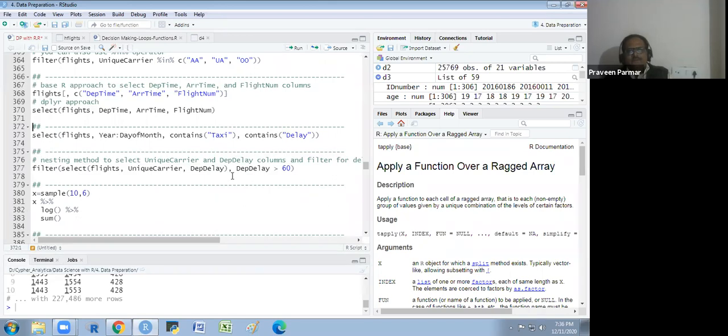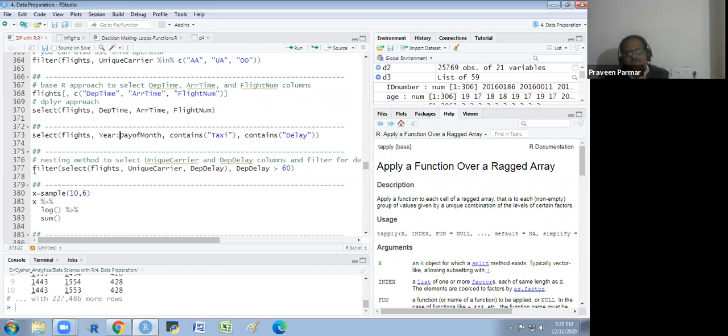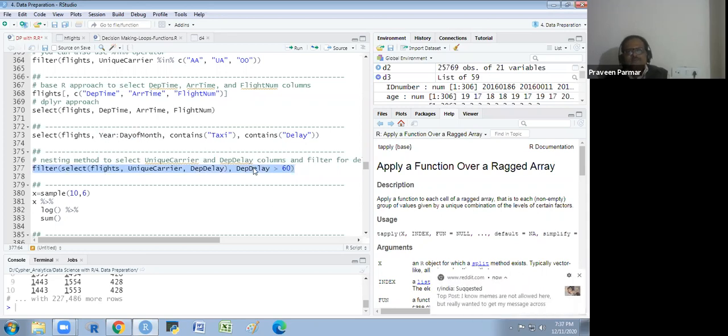We have another way to do this. We select flights. We will select the columns continuously, some columns, we want year to day of month. We have a column year and we have a column day of month, and in between, all columns we require. Can we use the filter function in the select function? Yes, yes. Here you see. Everything I will explain here. Don't worry.